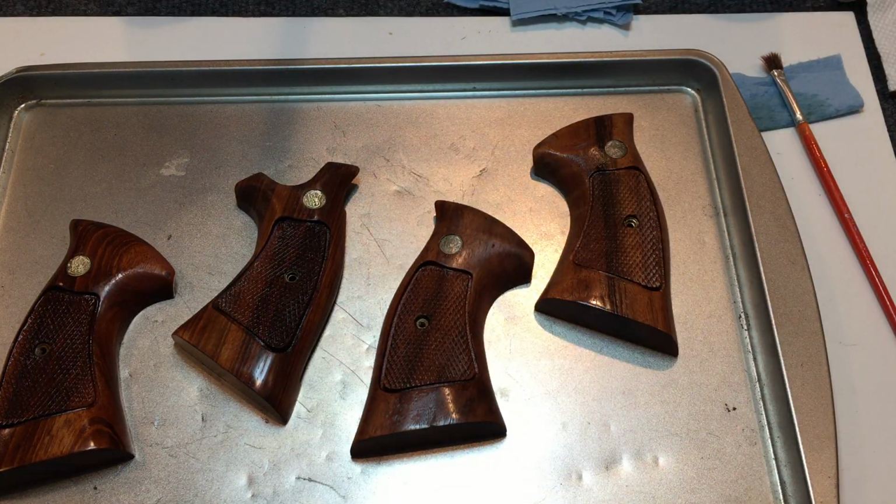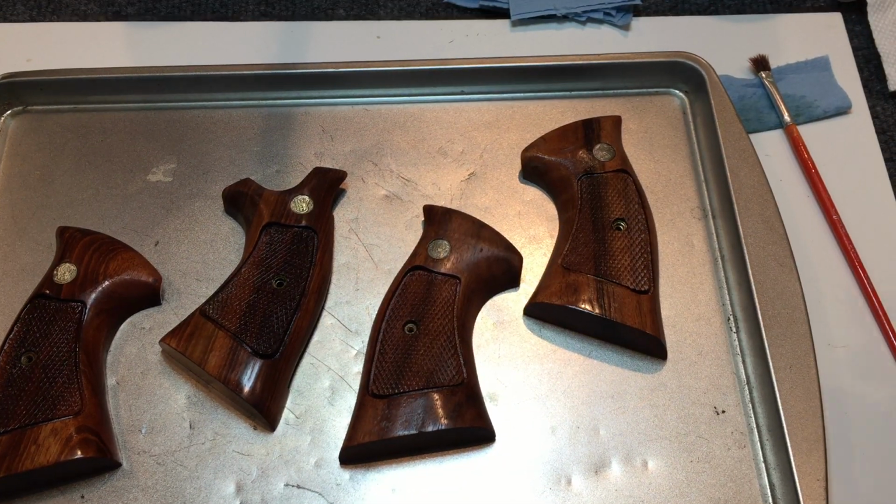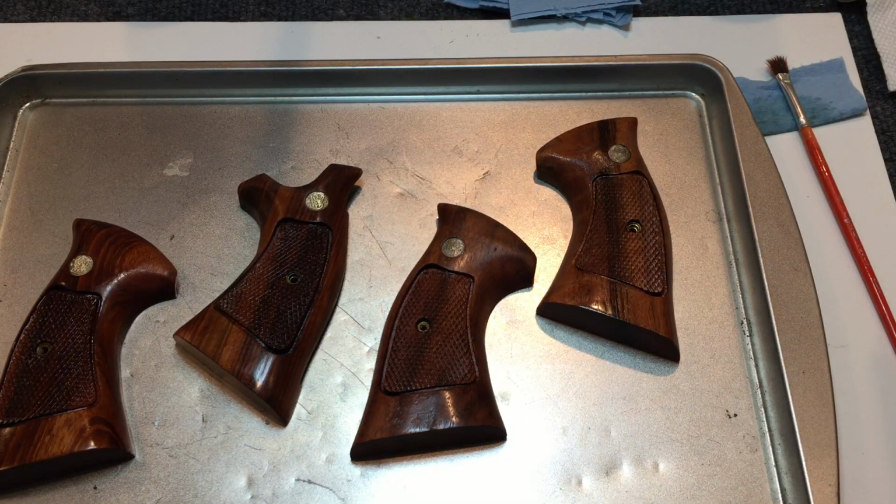I'll set this aside. I'll let it dry for about 3 hours. And then we'll take a look at it and see what we need to do for coats 2 and beyond. But anyway, that's coat number 1